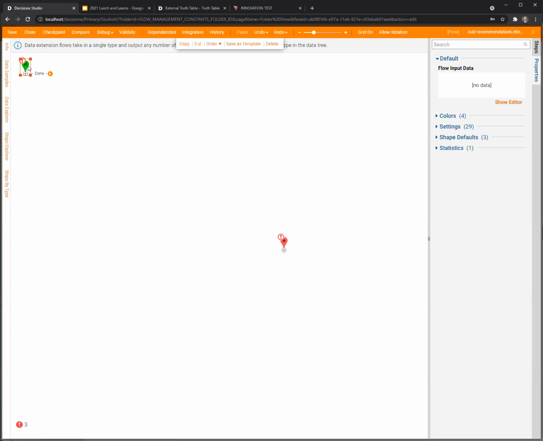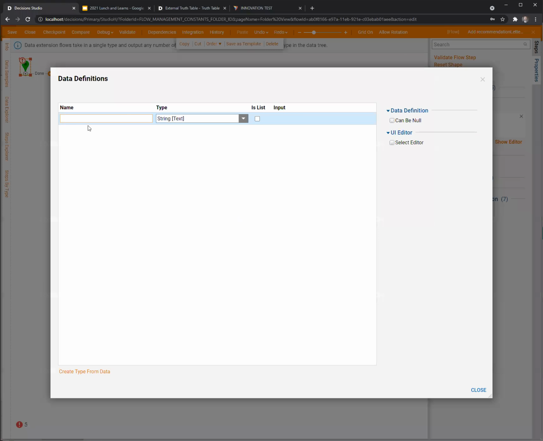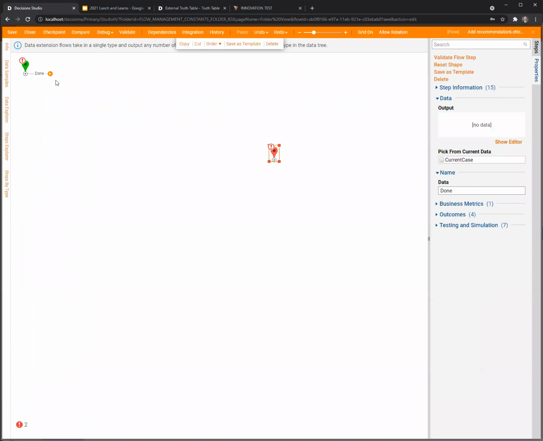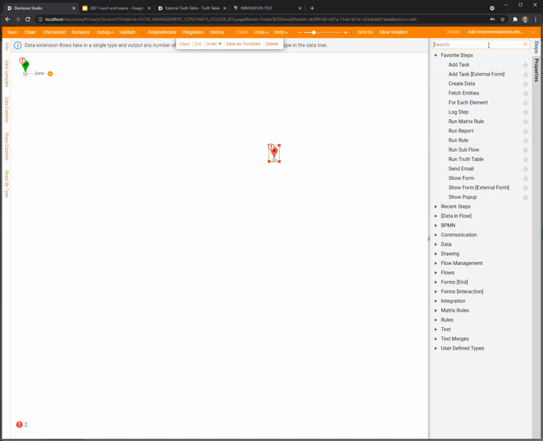So I'm going to come here, go to the start step, and tell it what the type of the thing is. I'll just name it current case, and I'll find in here the type I just created, which is new college application. And then what I could do here is, I think,